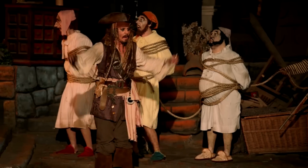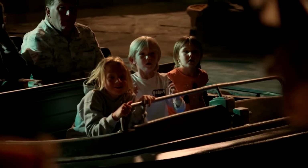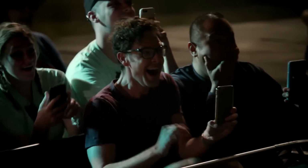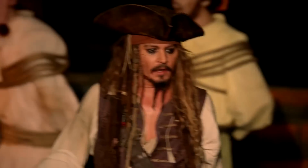Everybody drop your weapons and put your hands up! Hands up! Yeah, give me all the cash and that camera. I've been expecting you for hours. My name is Captain Jack Sparrow, and I would like to swim to you, jump in your boat, walk on